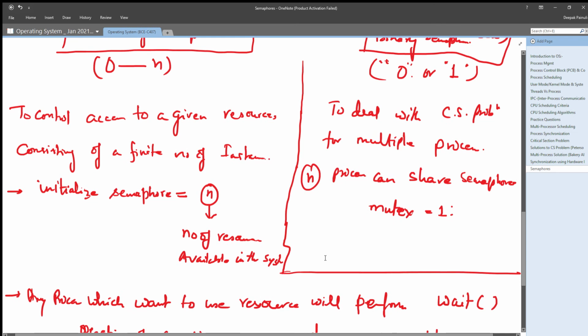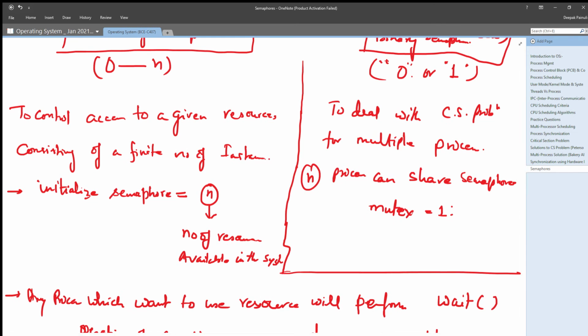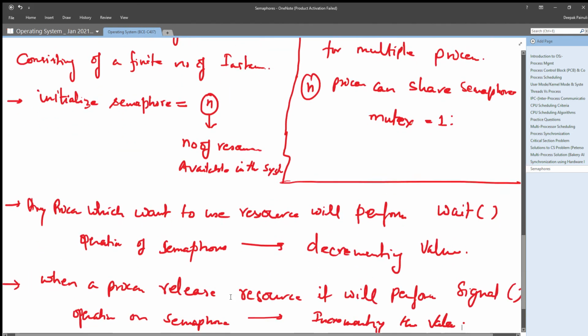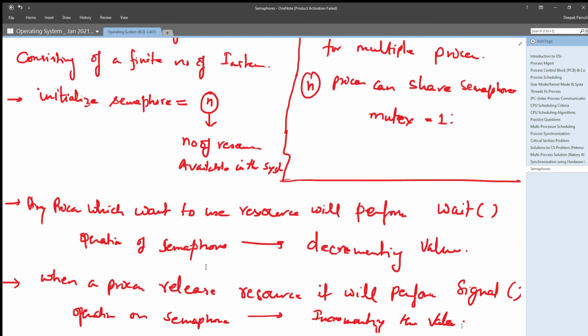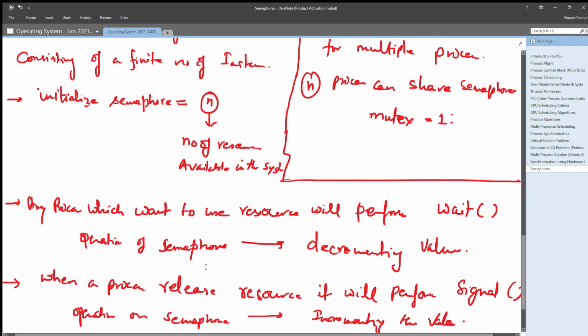You can simply initialize the value of the semaphore with the number of resources available in the system, and if any process wants to access any resource, that process needs to perform a wait operation on that particular semaphore. Right. That means the process who wants to use the resource can use it by performing a wait operation.